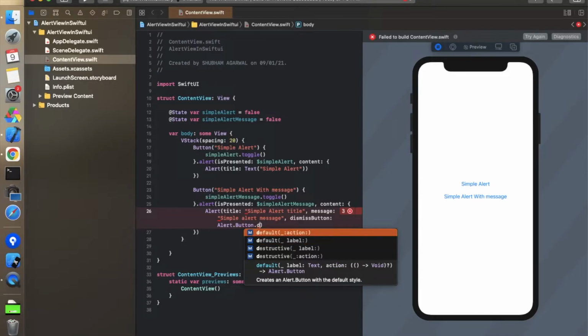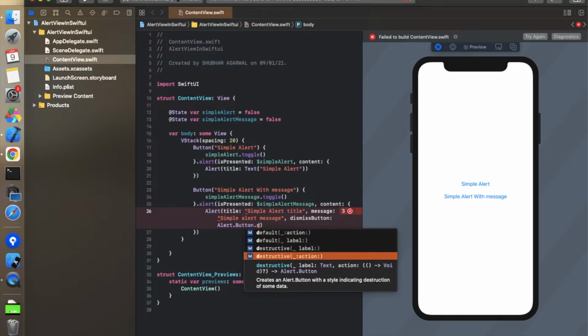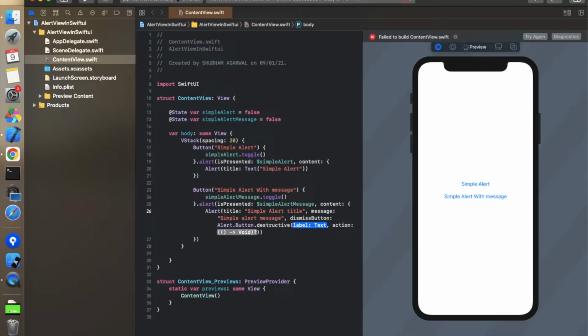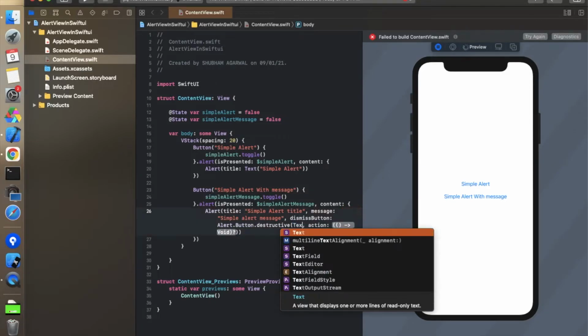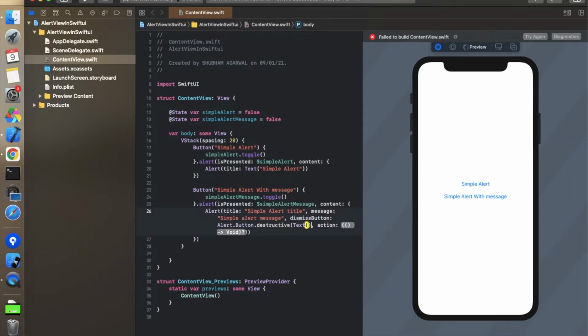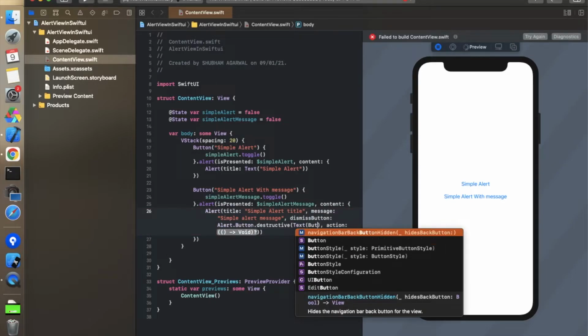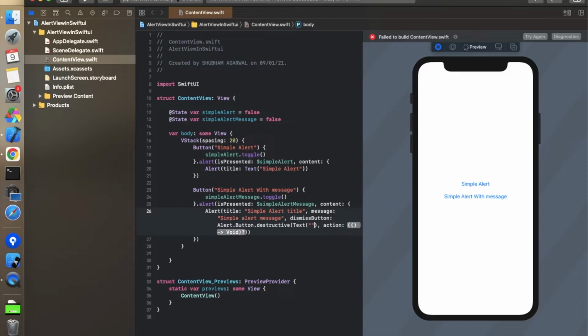And if we want to do both things, action and label as well, we can use this one. In this we have to pass the label as well as the action. So I'm choosing this one, and we have to provide the text in this label property. So we simply use text, and the button title will be like press this.